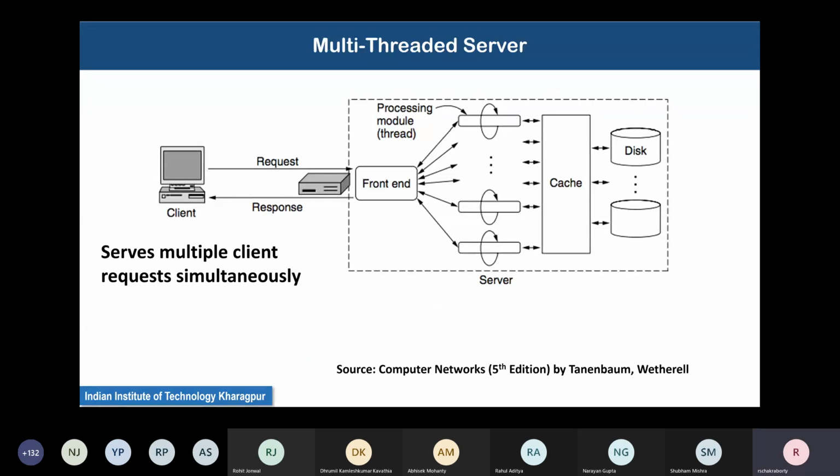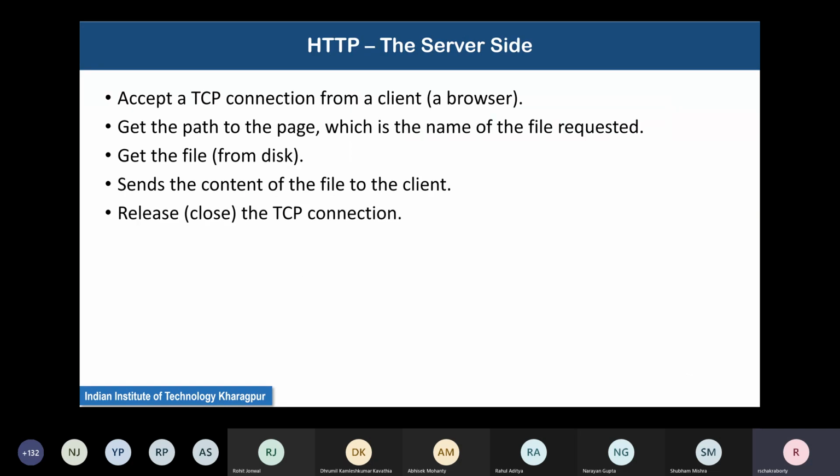Now, how does a server work? When you request a server for something, it accepts the TCP connection from a client, that is a browser running on your computer, the local computer. It gets the path to the page, which is the name of the file requested. It gets the file from the disk.